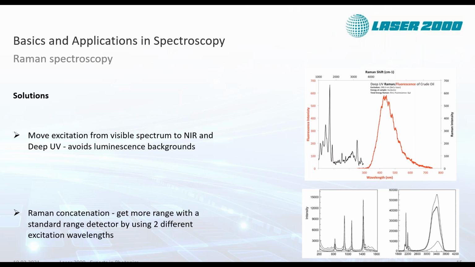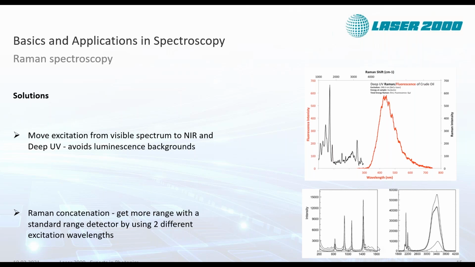Or if you want to measure the water content, you won't get to this point with only this spectrometer, unless you shift your excitation wavelength a bit down to the blue, just enough that you end up at the end of the fingerprint spectrum. So if you go down about 1700, 1800 wave numbers from 785 nanometers, you will end up at something like